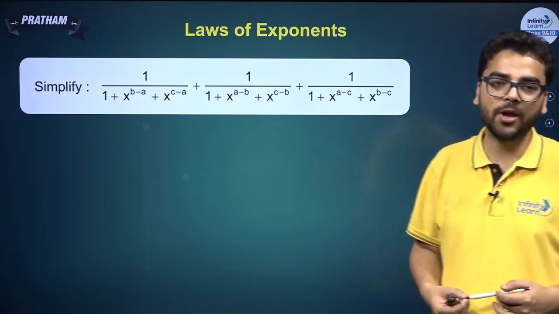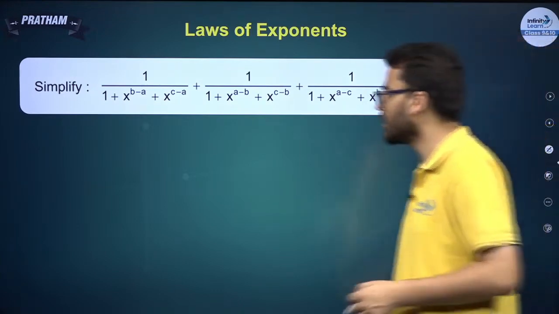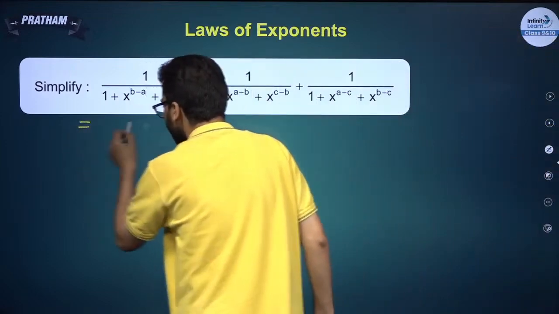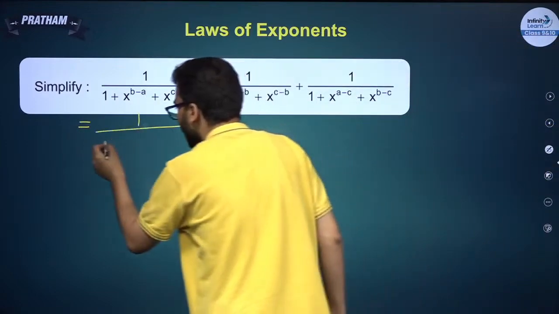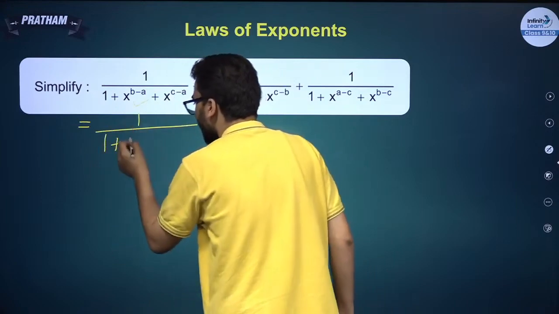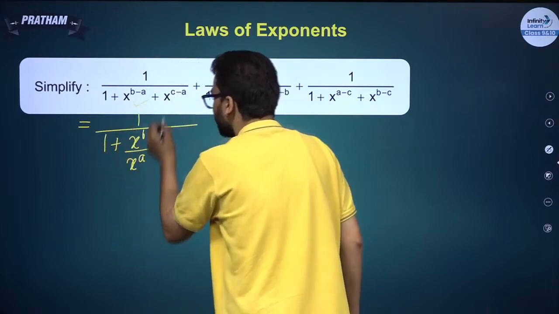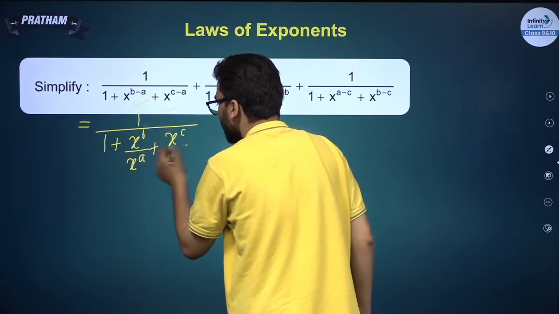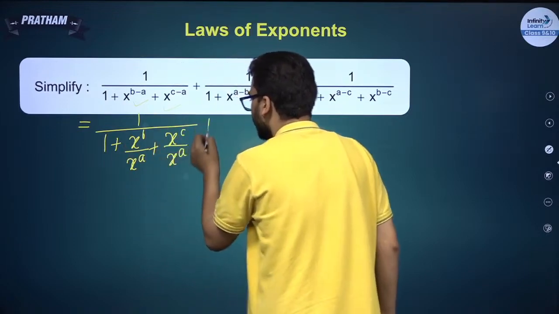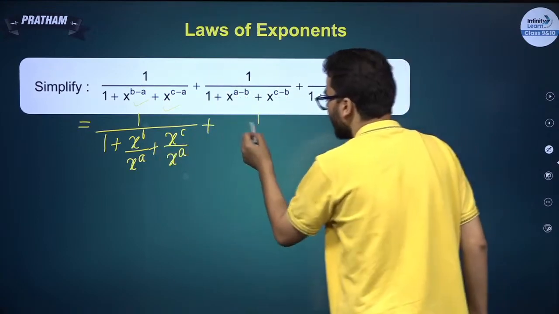A bit of manipulation is needed. That is it. And then you can do the question. See, can I write it over here like this? 1 divided by 1 plus this thing can be written as x raised to the power b upon x raised to the power a. This thing can be written as x raised to the power c upon x raised to the power a, plus 1 divided by